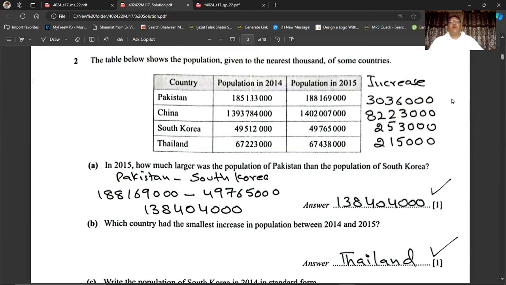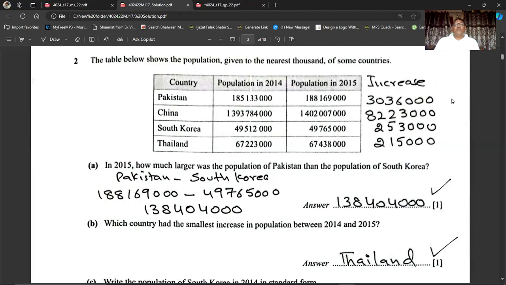When I did this, I found that in Pakistan, the increase in the population was 3,036,000. The increase in China was 8,223,000, and the increase in South Korea from 2014 to 2015 was